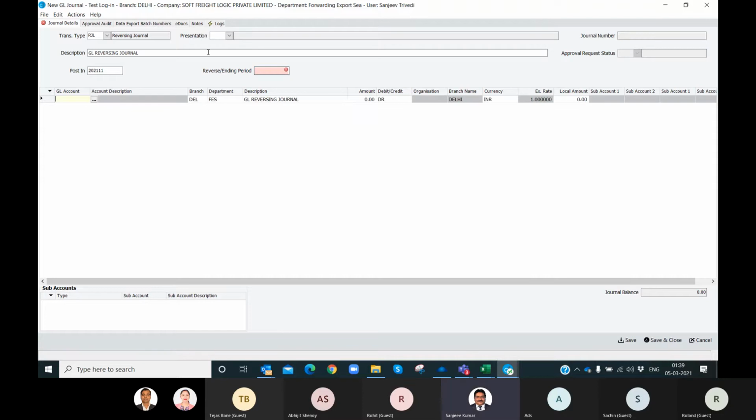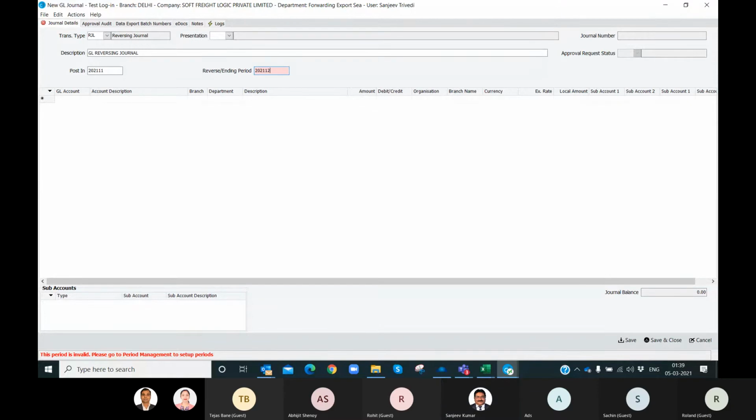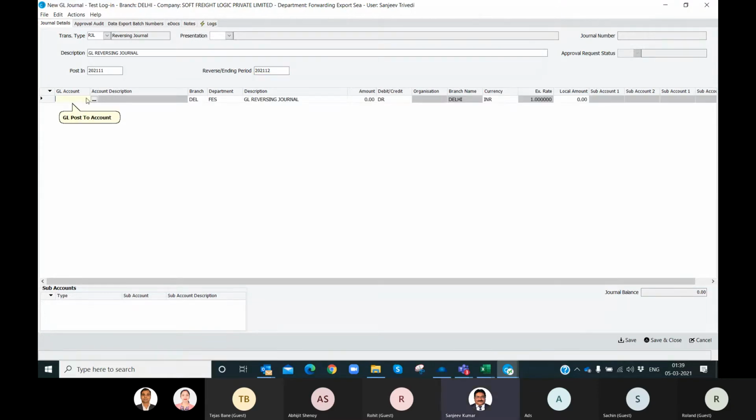I want a certain entry to be passed in February, and the reversal entry in auto mode to be passed in March.